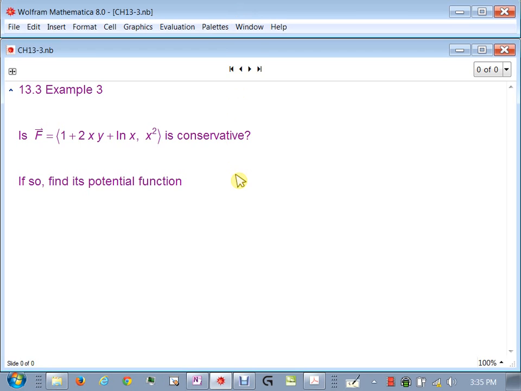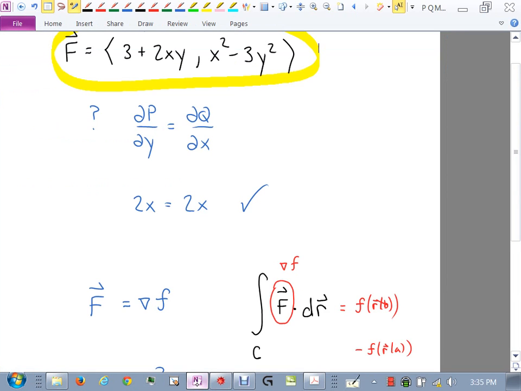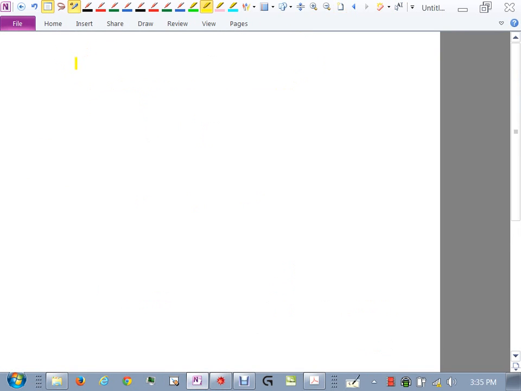All right. Same question. Is this conservative? If so, find its potential function. So is it conservative is the first question. How are you going to check? Well, F is this,